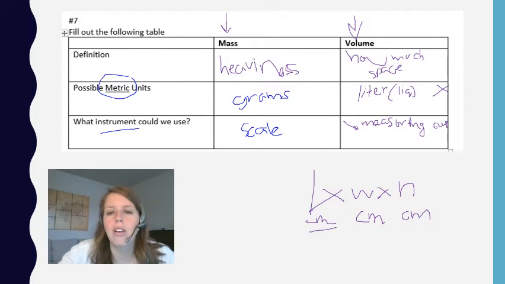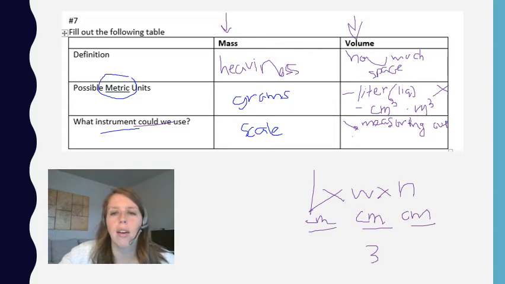How many centimeters am I multiplying together? Well, 3 of them, right? So another unit we often see is centimeters to the 3rd power, or meters to the 3rd power. So these are other units that you might see as possible metric units, right? And then, what instrument could we use? We would be using a measuring